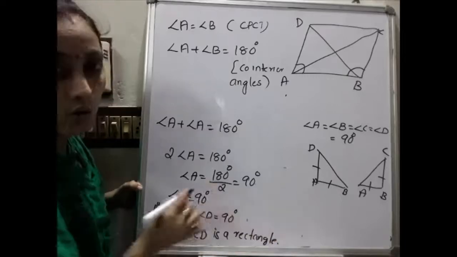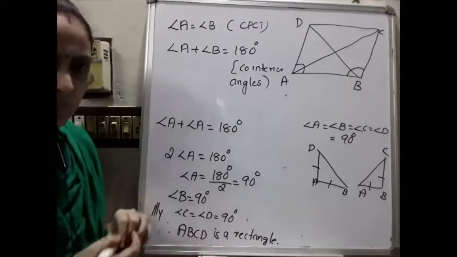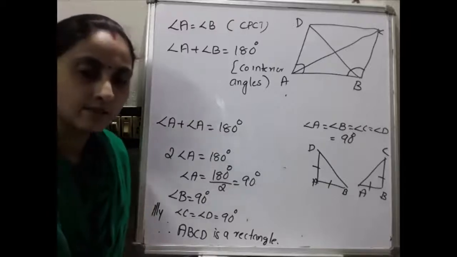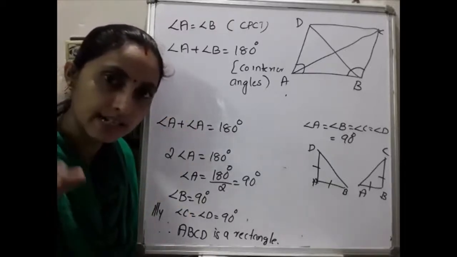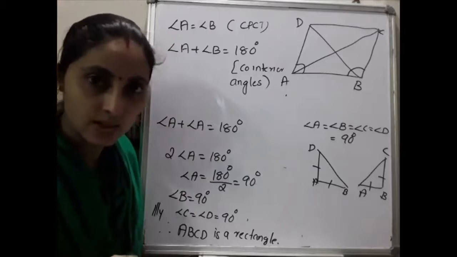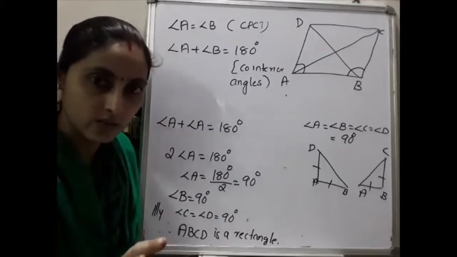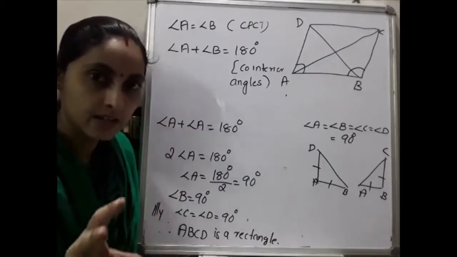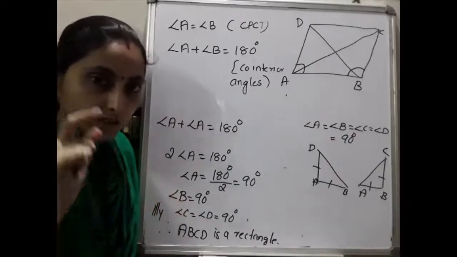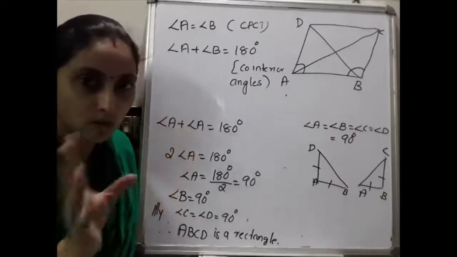ABCD is a rectangle. So this is a simple proof. Just go through that. If the diagonals of a parallelogram are equal, then it is a rectangle. That is our question. So given diagonals are equal, then one common side is there. Then opposite sides of parallelogram are equal. The condition, so we can say that they are congruent.